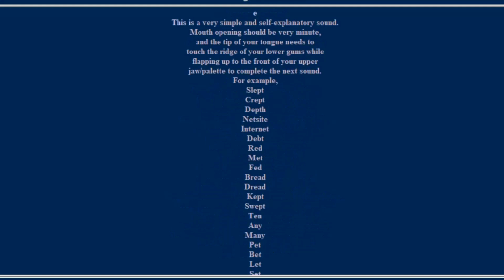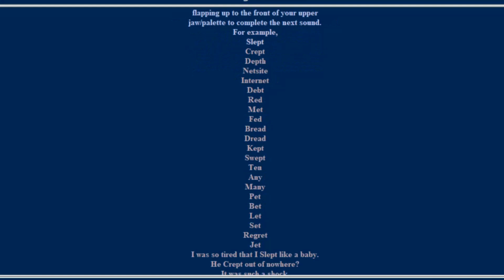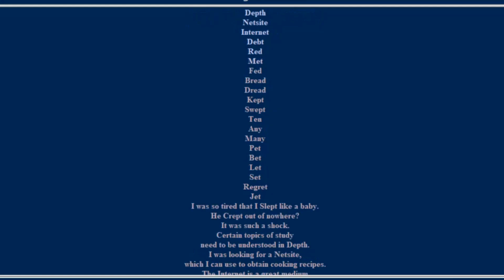Single E sound. This is a very simple and self-explanatory sound. Mouth opening should be very minute, and the tip of your tongue needs to touch the ridge of your lower gums, while flapping up to the front of your upper jaw, or your palate, to complete the next sound. For example: slept, crept, depth, net site, internet, debt, read, met, fed, bread, dread, cat, swept,